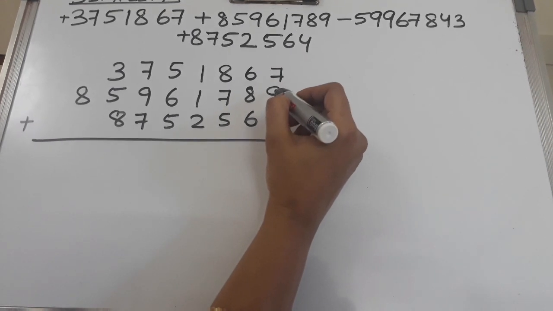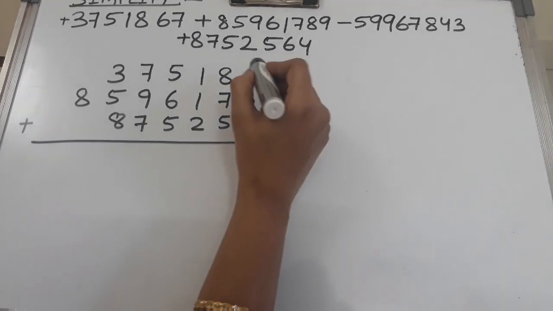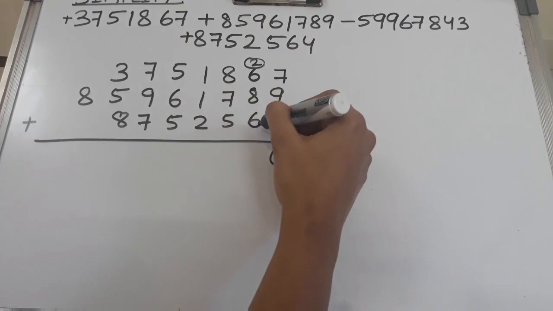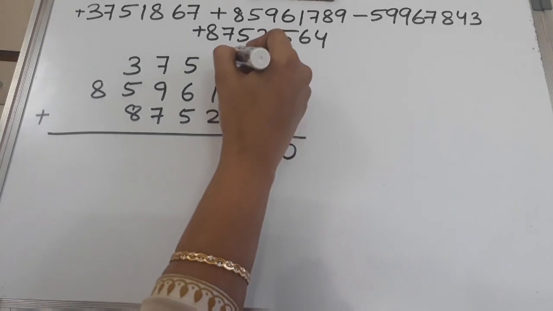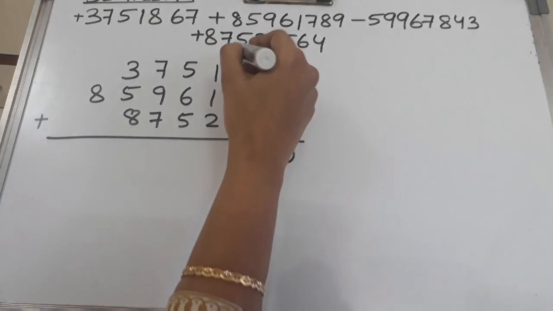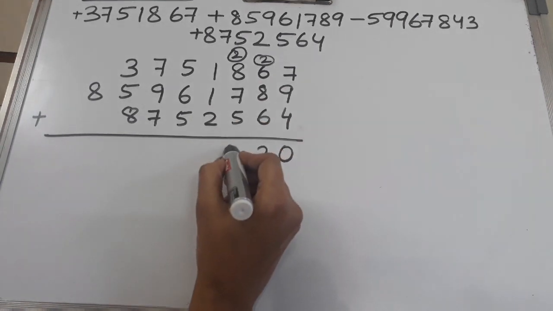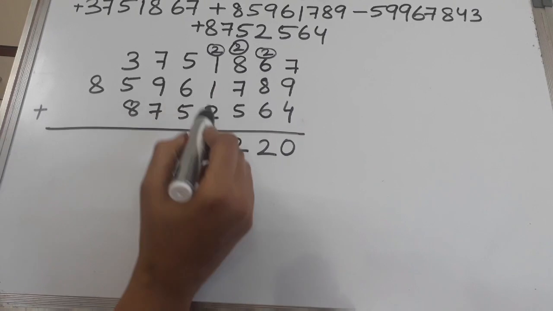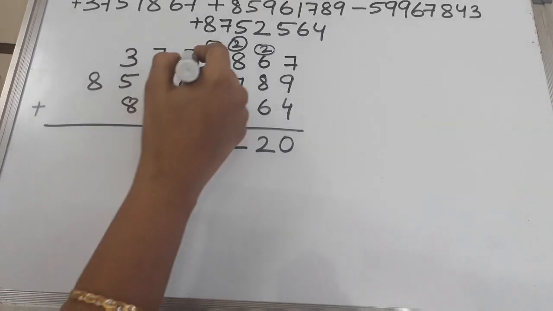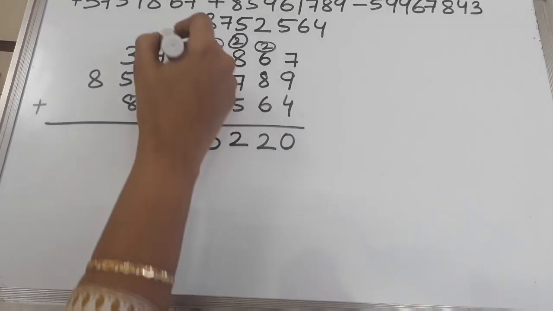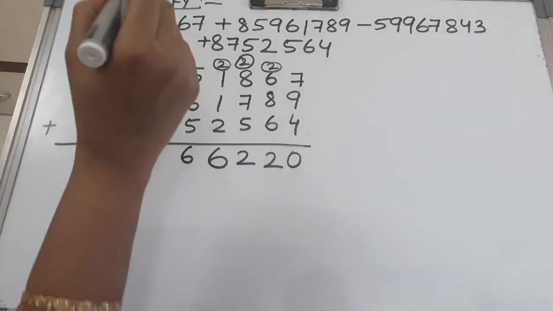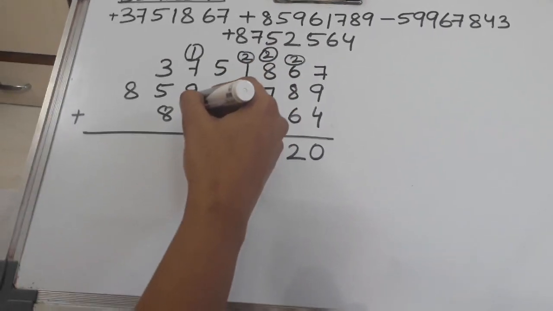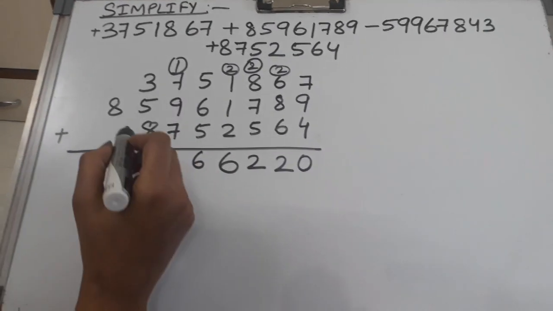So 9 plus 7 is 16, 16 plus 4, 20. 2 is carry here, 8, 8 plus 8, 16, 16 plus 6 is 22. 2 again carry, 10, 17, 17 plus 5, 22. Again 2 carry, 2 plus 1, 3, 3 plus 1, 4, 4 plus 2, 6. Again here 5 plus 5 is 10, 10 plus 6 is 16, very easily. Then 9 plus 1 is 10, 10 plus 7, 17 and 17 plus 7 is, again we will get here